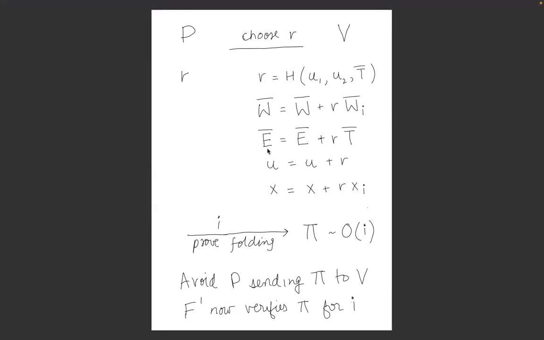So now, because we want to make it a non-interactive protocol, the prover and the verifier both choose a random R, and this random R is just calculated using the public inputs, the public values, which both the prover and verifier know. So R is just the hash of U1 and U2 and the cross term. The commitment to the cross term is known to both prover and verifier,